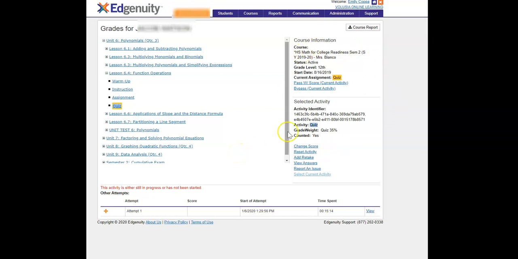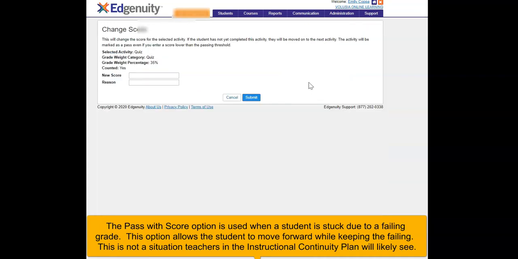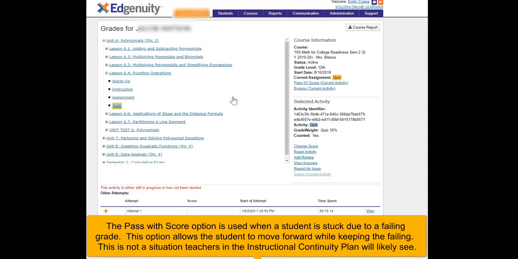You'll see there's a lot of options that you can do over here on the side. So the top options up here are pertaining to activities that the student is currently on. So the two options are you can pass with score. Now in this case, this is typically a situation in which the student has not passed it and ran out of scores, or has basically not met the passing threshold, but you would like